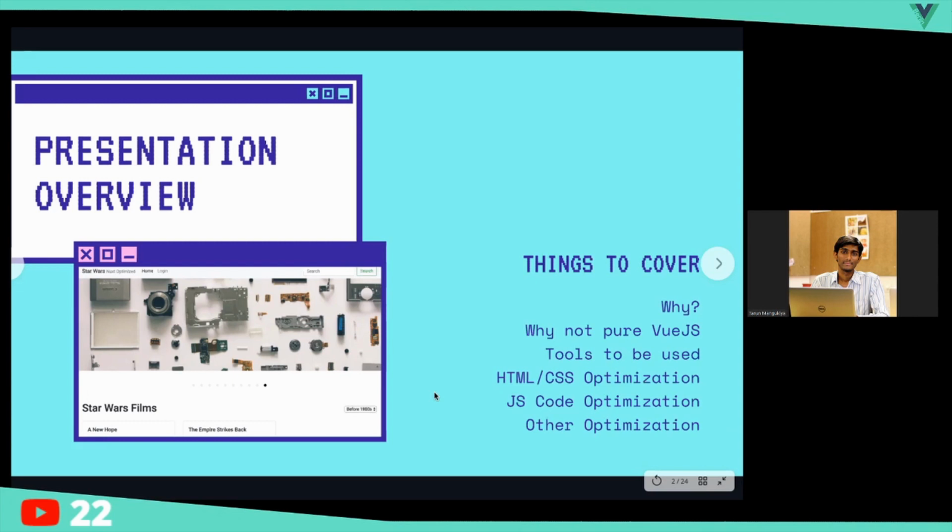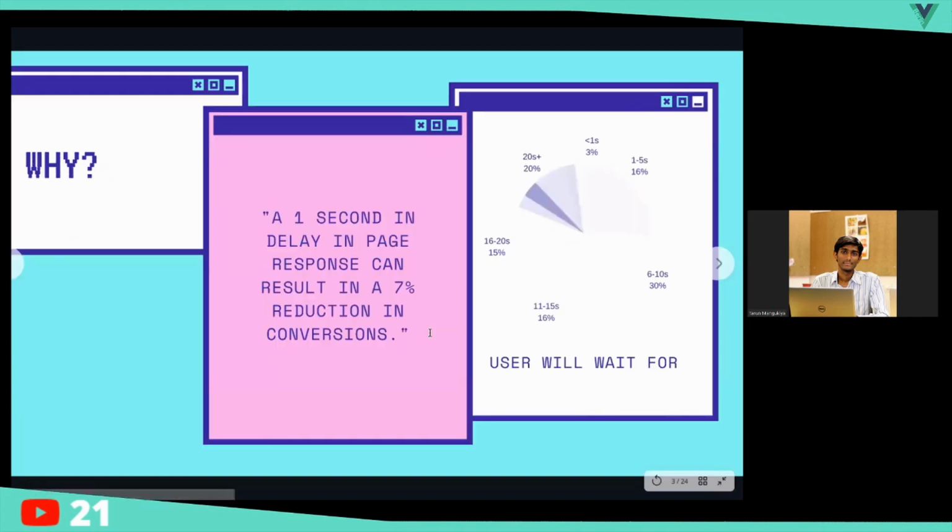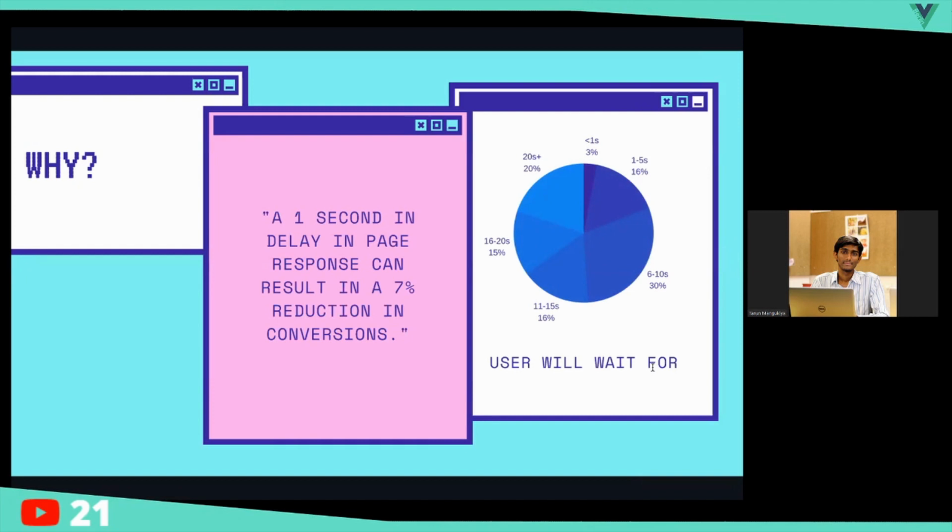Yes, correct. So let's go into the why question. Many of the marketing people usually tell us these stats and how important it is. So we'll go over one or two stats on why it is important to improve the speed. Usually, all of us, even being developers, know that the site may take